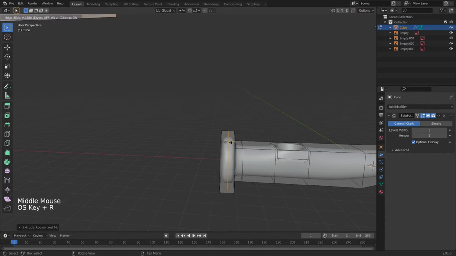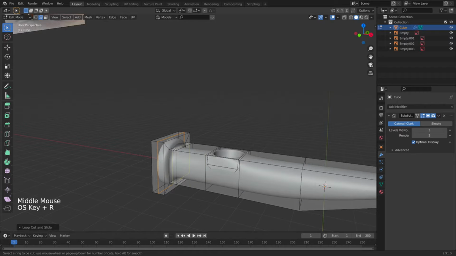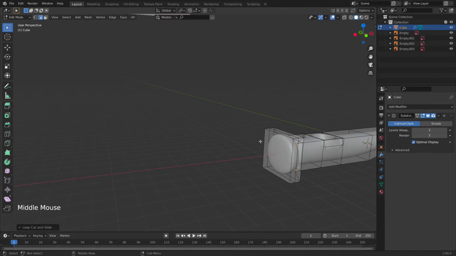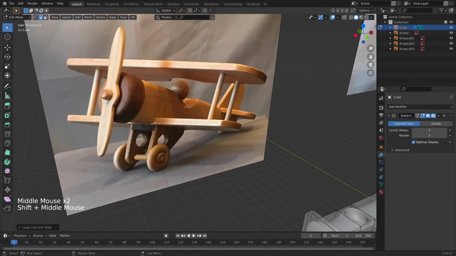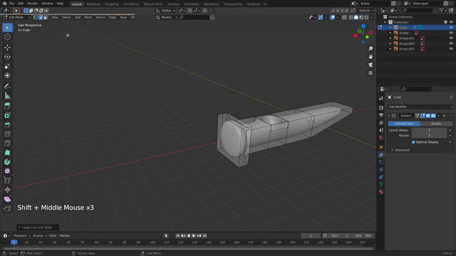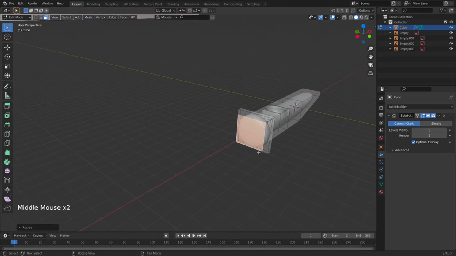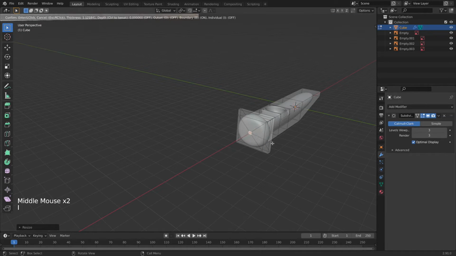Now here you can go and add one edge loop here in the middle, and also you can go and add one more edge loop here like this. Next I'm going to create this small piece here, so I can select this face here. Maybe I can scale this down a little bit, and I'm going to inset a face here,